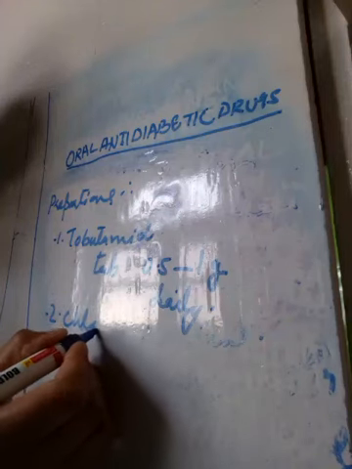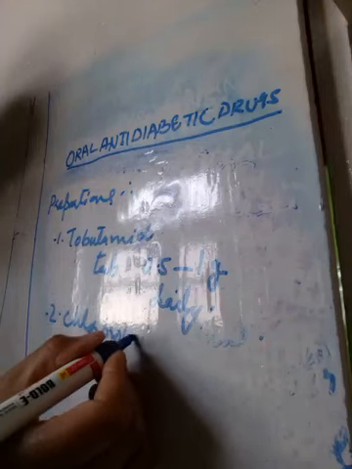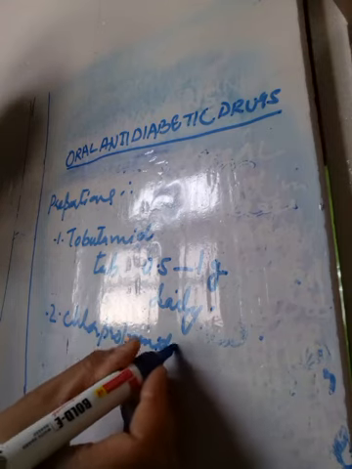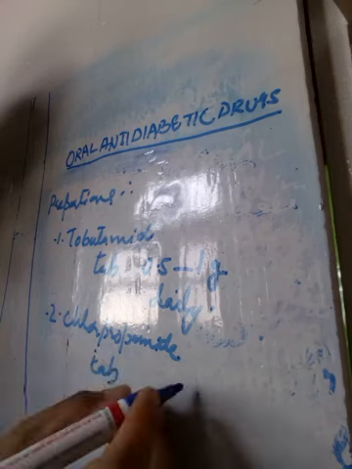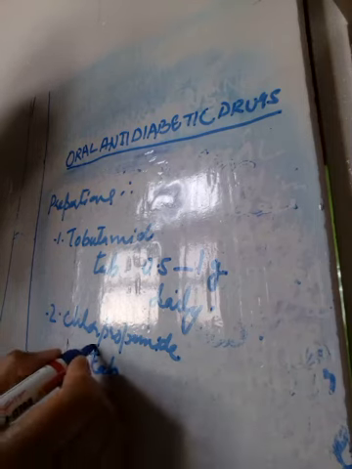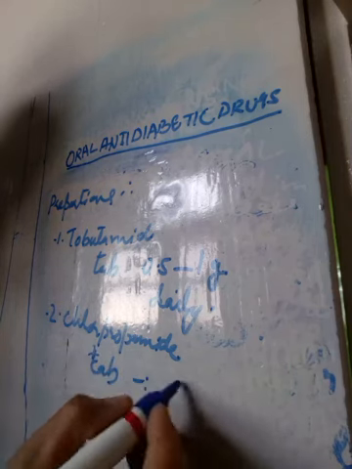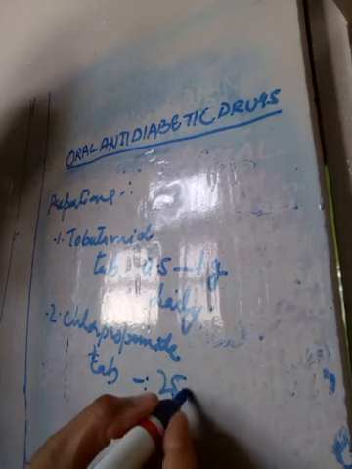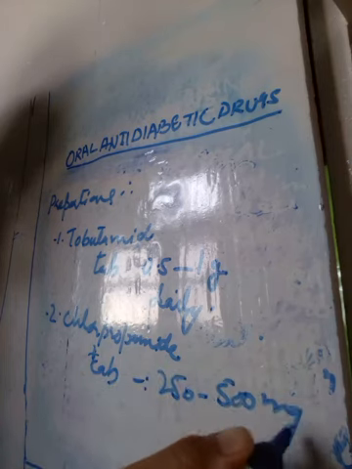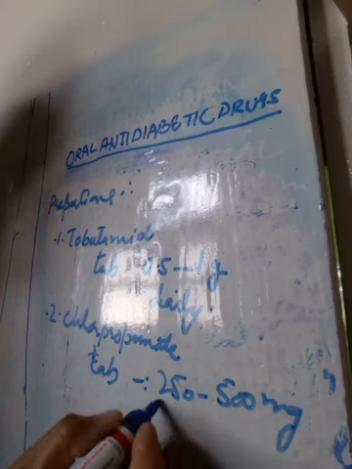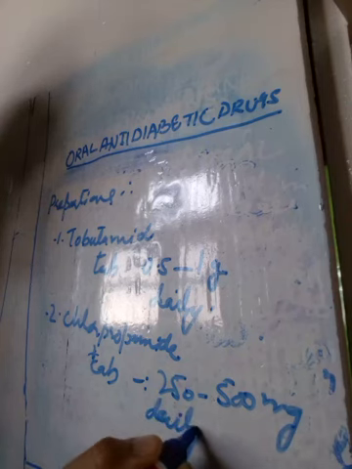Chlorpropamide tablets, 250 to 500 milligrams daily. This was about the